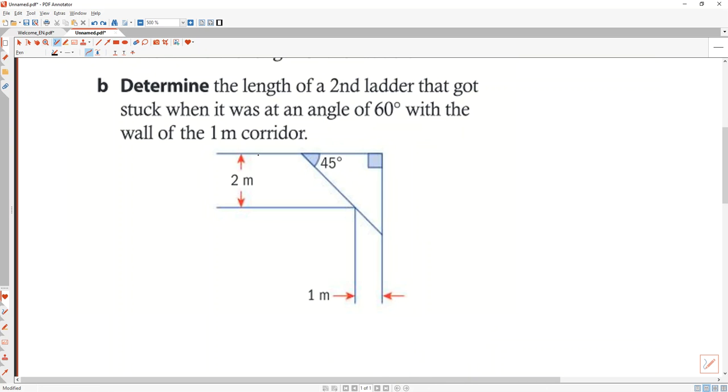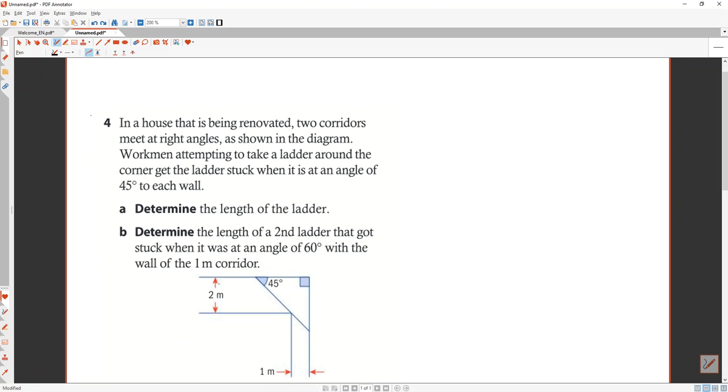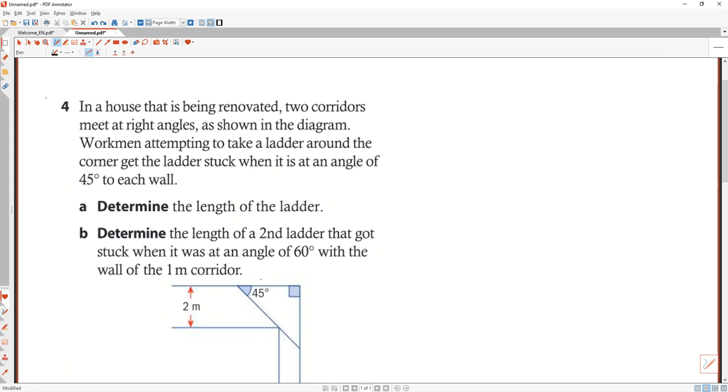All right, so here is the question again. We have a house that is being renovated, 2 corridors that meet at right angles. And now I've lost my cursor. Oh, there it is. And we need to basically determine the length of this ladder. Okay, here is the ladder. So if I zoom in,